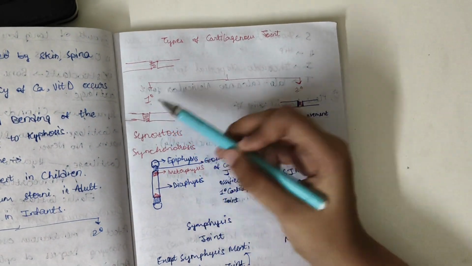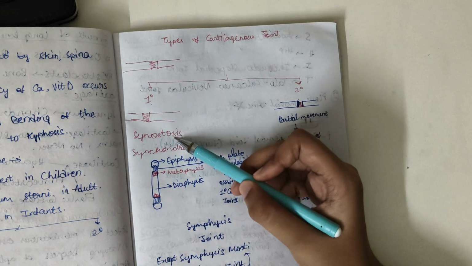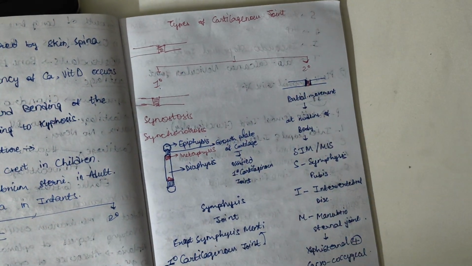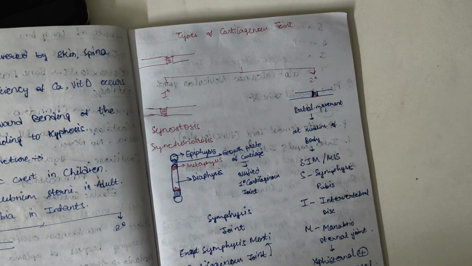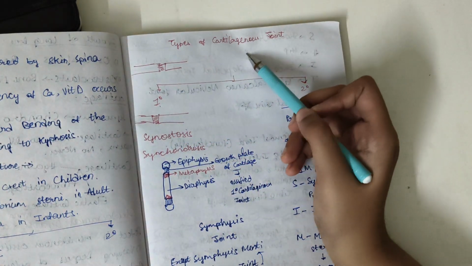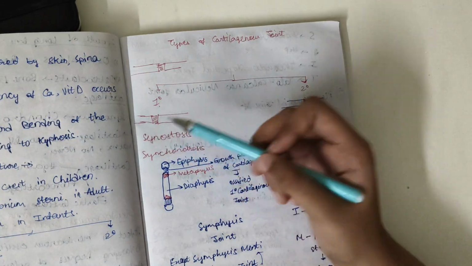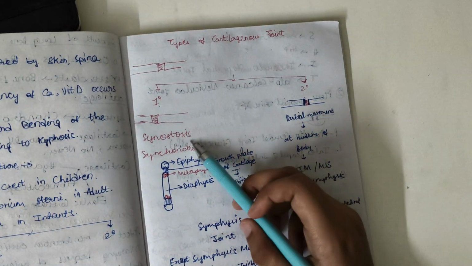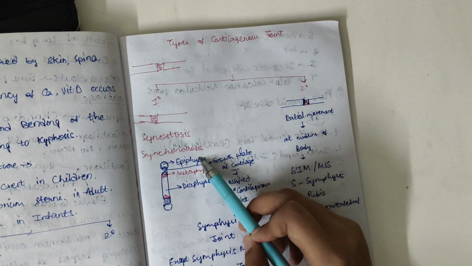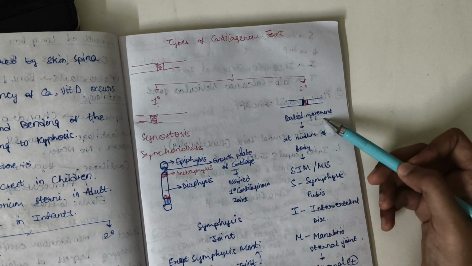There are two types: primary, secondary. Primary cartilaginous joint is known as synchondrosis. Secondary cartilaginous joint